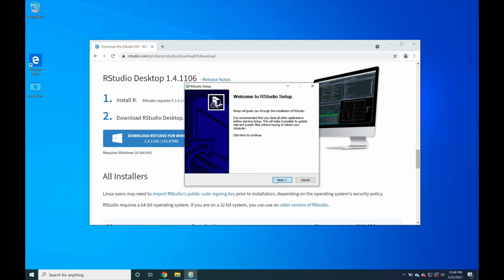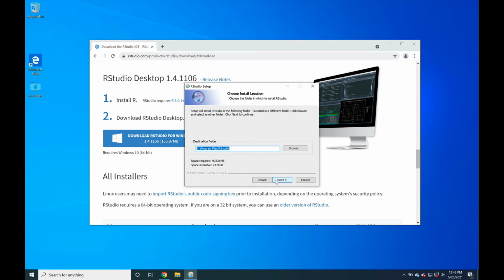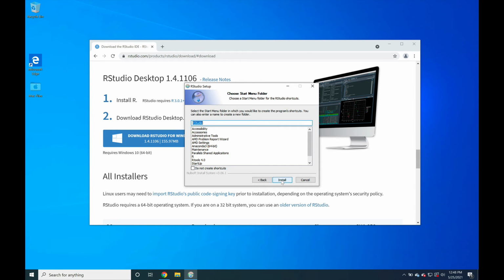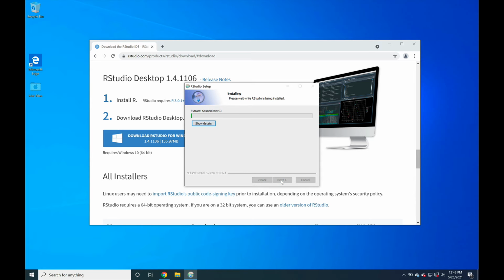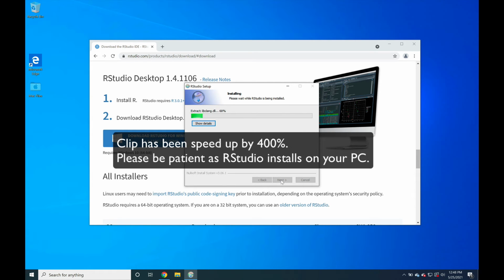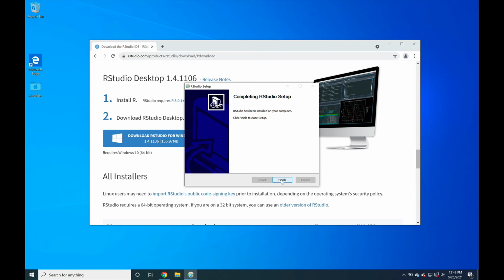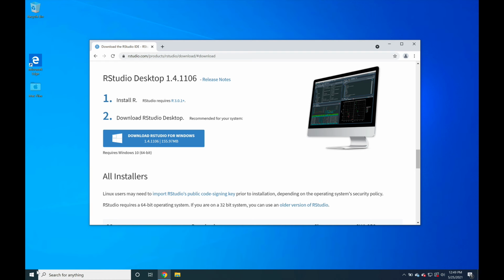Then press next to begin. We're going to install RStudio into the default location, which is in Program Files. We're going to allow RStudio to be in our menu folder, so press install. And at this point, RStudio is going to go through and actually install itself on your PC. Note, this might take a little bit of time. Once RStudio has been successfully installed, let's go ahead and press finish, and then let's go to the lower left-hand